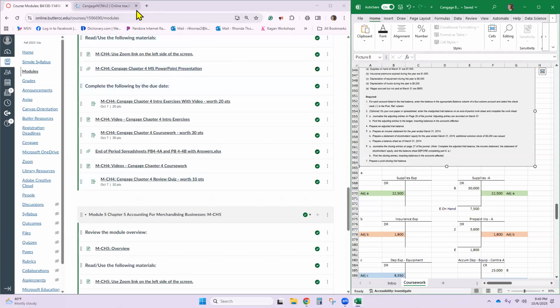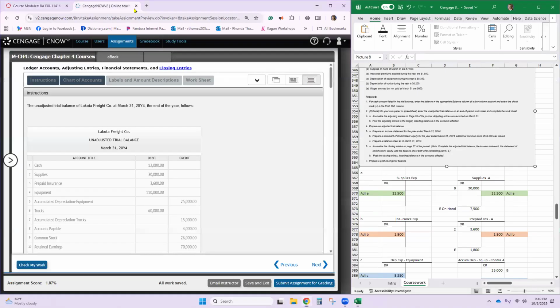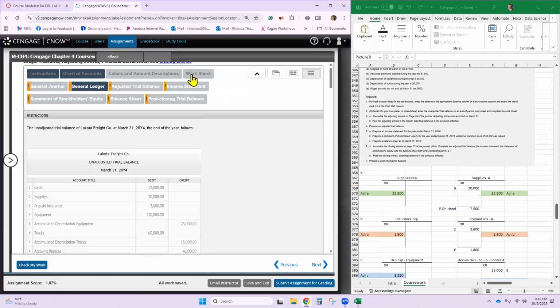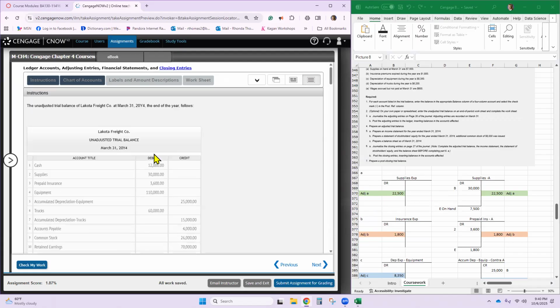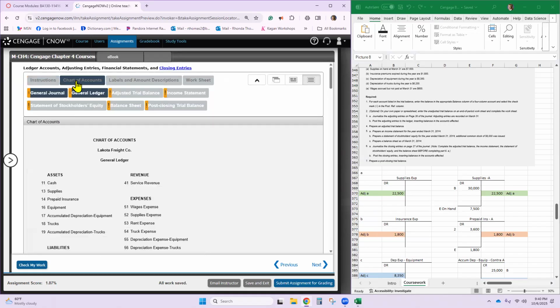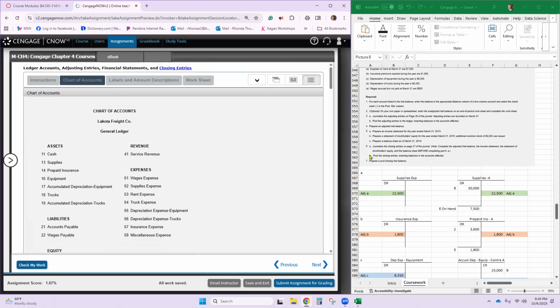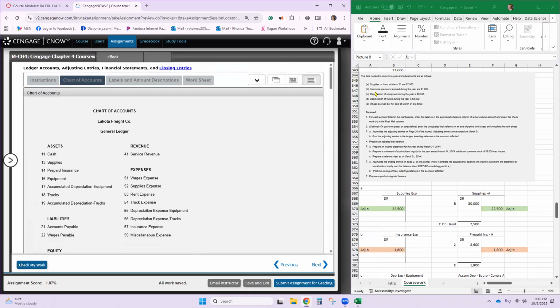Let me go back to the problem. Here we are. What we're going to do is evaluate it, and then go put it in the general journal, and then post each one after we're done putting it in the journal. I don't care what the directions say. Once again, we've already been in the general ledger to put in those unadjusted trial balances. I think we can get rid of the instructions. Keep your chart of accounts open for your journal entries when you need to. So here we go. We have 1, 2, 3, 4, 5 adjustments to take care of.